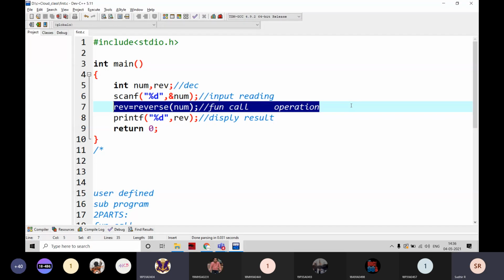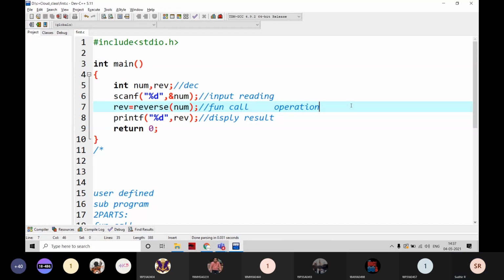If I assign it to any variable, that means it has a return type. This function has a return type, no doubt about that. What is the return type? Integer, sir.